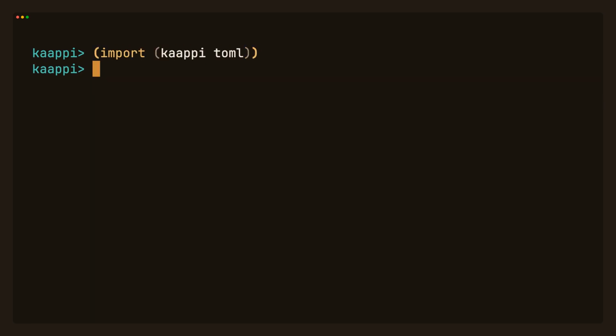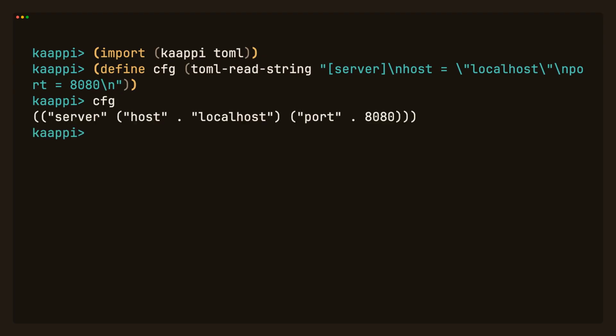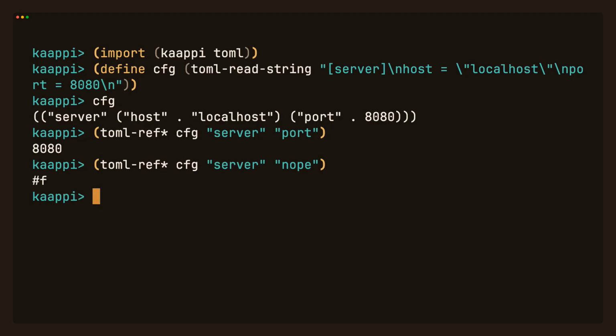TOML is the config file format. It's what Kaappi's own package manifests use. Same story. You get alists back, with a table becoming a nested one. toml-ref reaches in one level, and toml-ref* walks a path. Server, then port, 8080. Ask for something that isn't there, and you get false, so a missing setting is easy